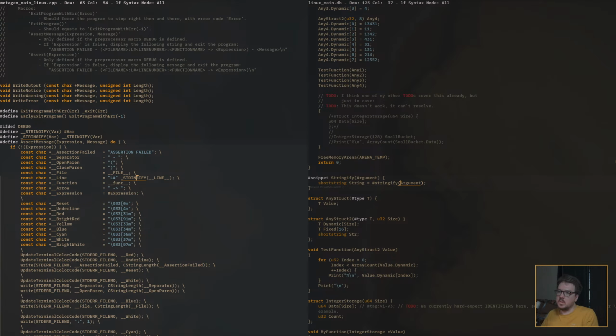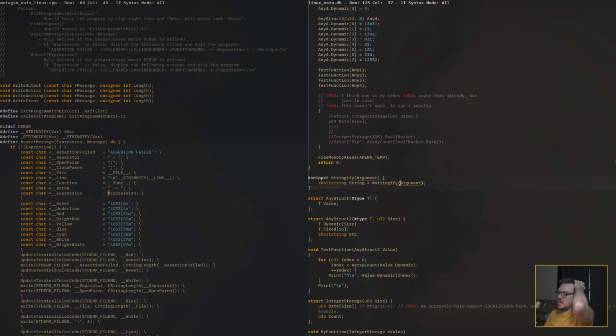So you pass in an expression here that we can check against as a bool, right? If not expression. But you can also stringify that and get that piece of text literally as a string.